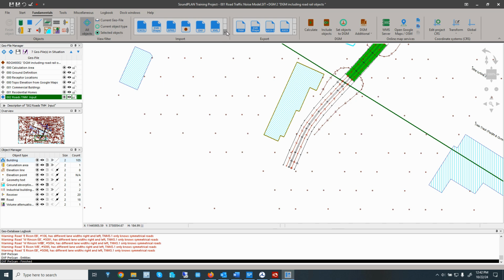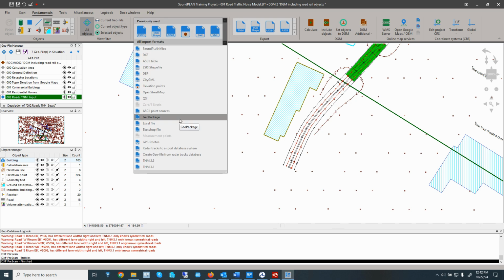Then we have other imports like the GeoPackage. This is an open and non-proprietary platform, and I believe that over time more and more geographic information will be available in this GeoPackage. So that will include buildings, building heights, roof types, and other sets of convention. And the whole thing is based on a SQLite database. So there's definitely more availability of electronic data in this GeoPackage format.